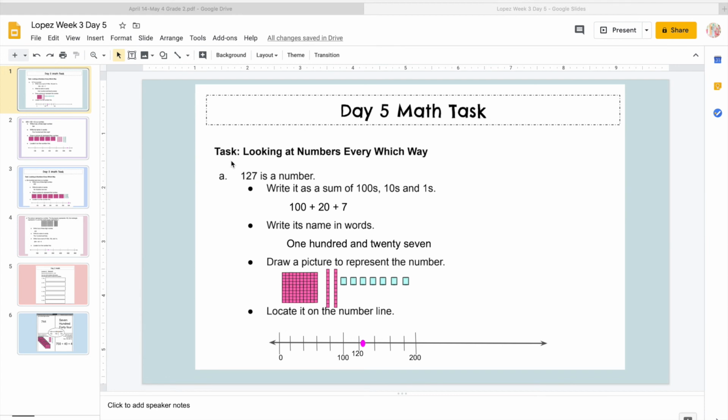And remember, we have standard form, expanded form, and word form. So we're going to be using those methods to show numbers in different ways. And if you look at A, we have 127 is a number. We need to write it as a sum of hundreds, tens, and ones. And as long as you remember that, you're just basically breaking that number apart and giving the value of the digit in each place value, then you will be able to figure out the sum of the hundreds, tens,